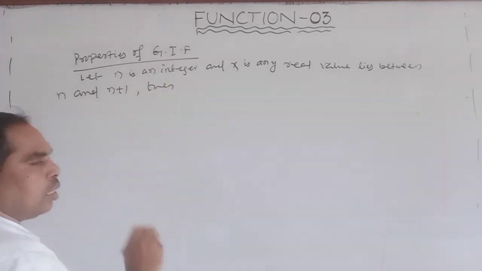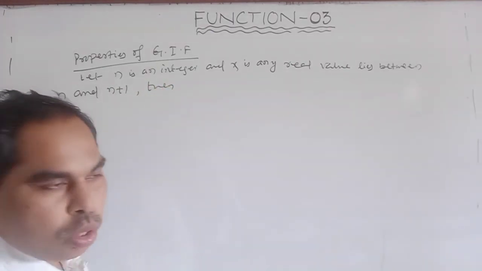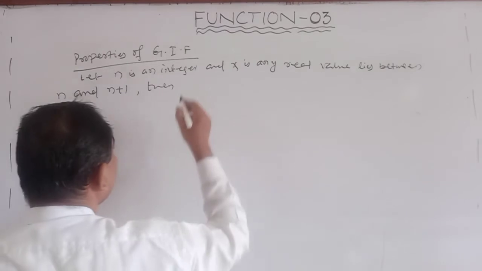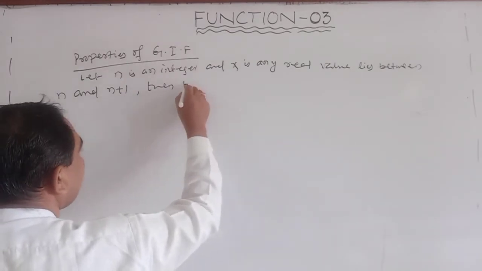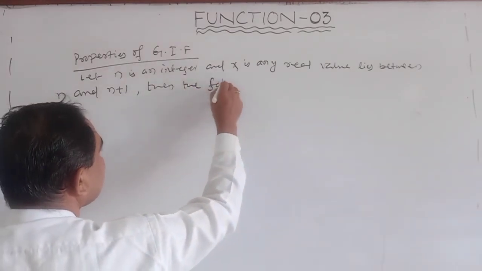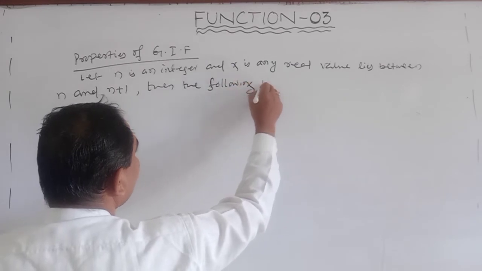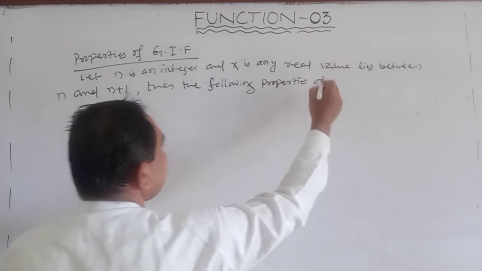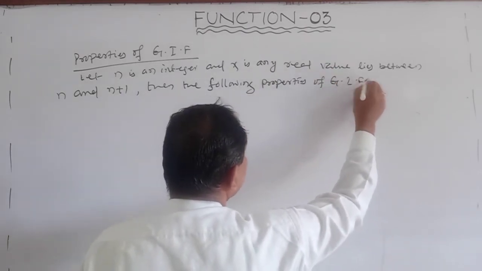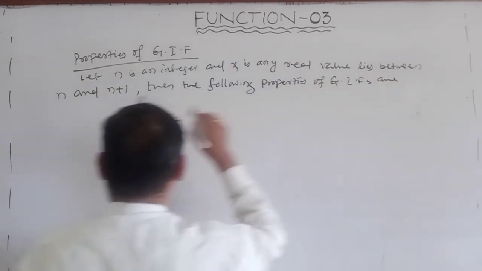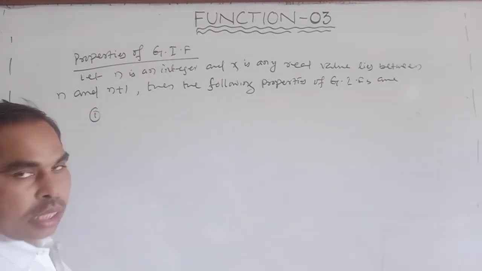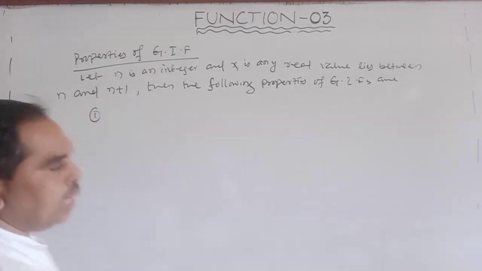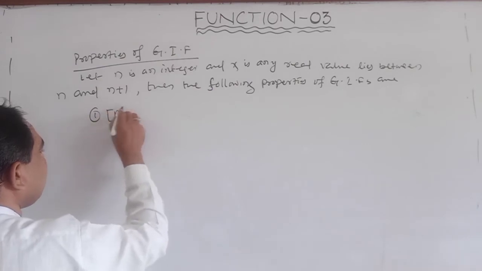Then the following properties of GIF, that is greatest integer function, are: